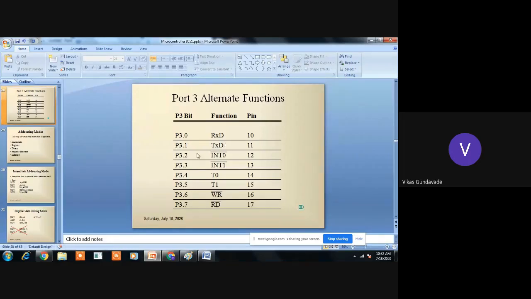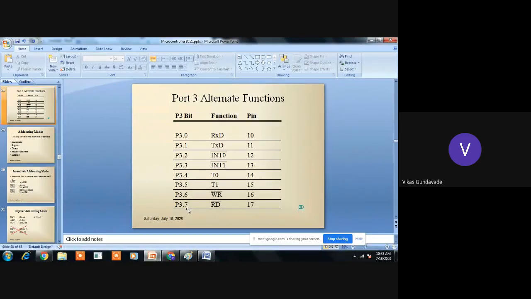Then port 3.2 and 3.3 are used for external interrupts, 3.2 for INT0 and 3.3 for INT1. The next ones are port 3.4 and 3.5. These are used for timer operations. 3.4 is used for timer 0 and 3.5 is used for timer 1.